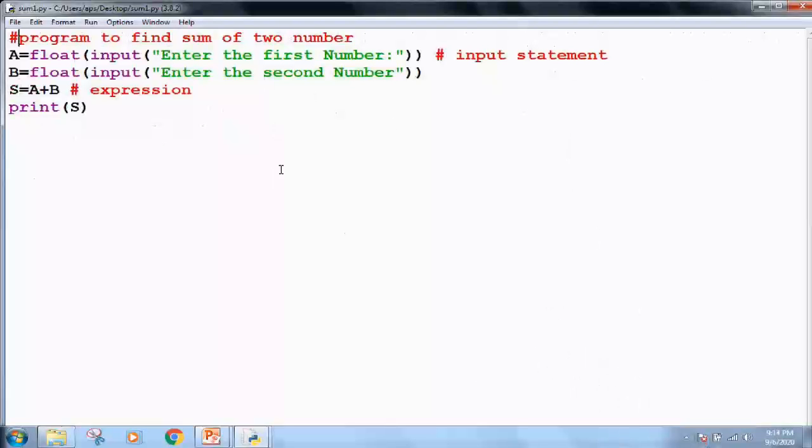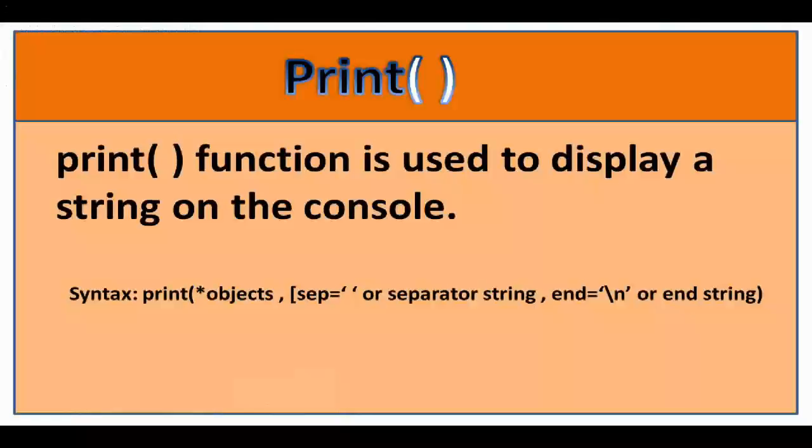For example, if you now want to write here "sum of two numbers", you can separate and show two different things in your print statement. You are using "sum of two numbers" and s, so the text will be printed as it is on the screen, and the value of s will be printed. Let me show you this.